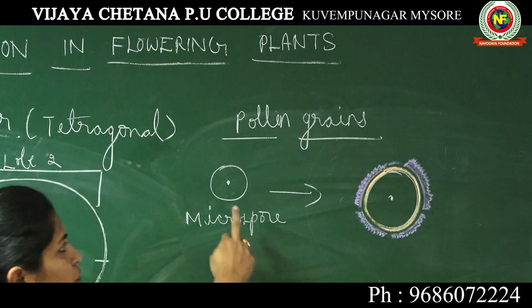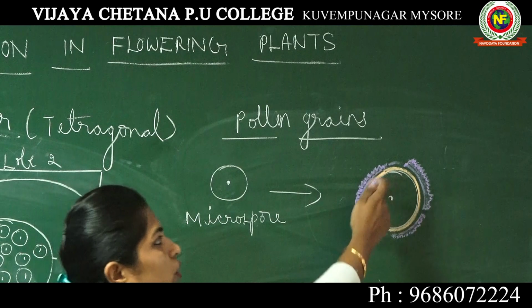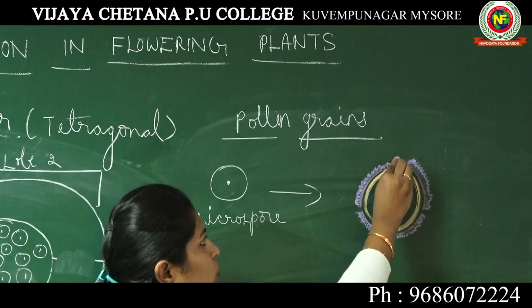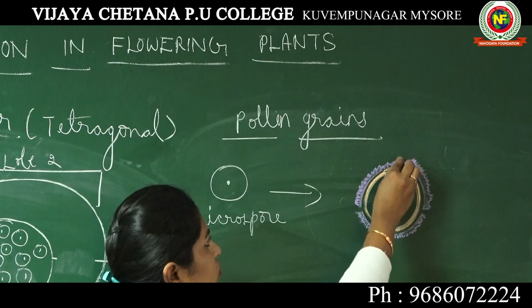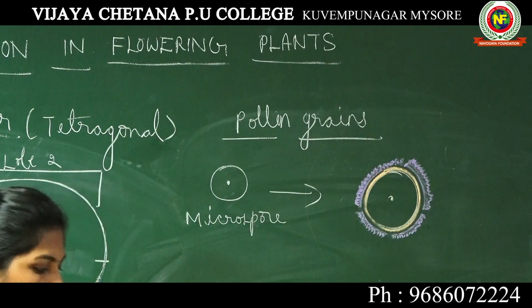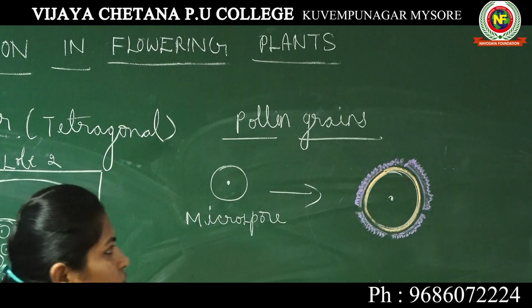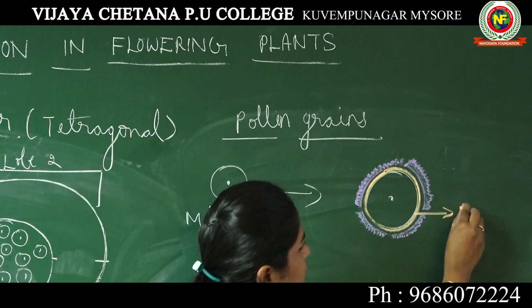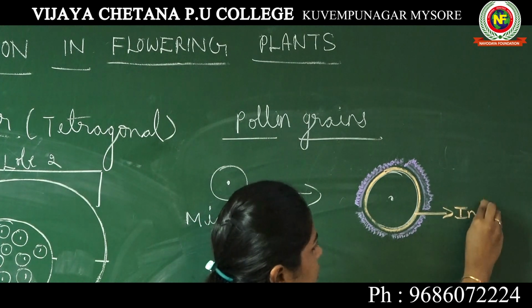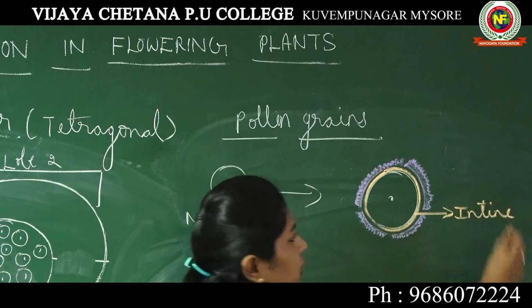Every microspore develops two wall layers surrounding its structure. Now this inner wall which I have drawn in orange, this inner wall is known as intine,